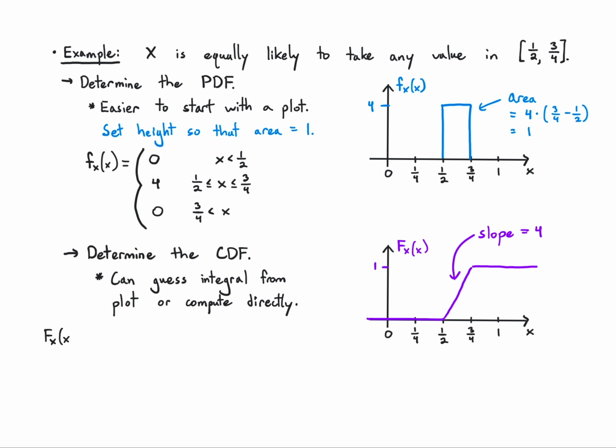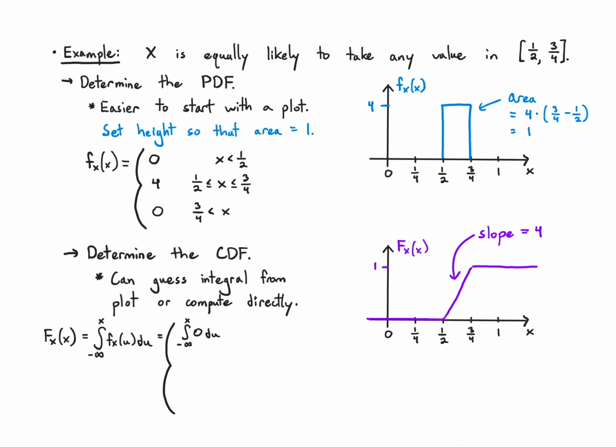Here's the CDF formula. To get it from the PDF, I just integrate from minus infinity up to x, because I'm looking for the probability that X is less than or equal to the value little x. Now I have to be careful because when I do this integral, there are going to be multiple cases. The first case is when this value x falls